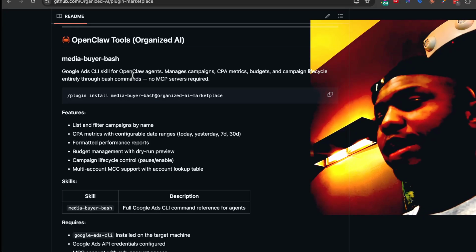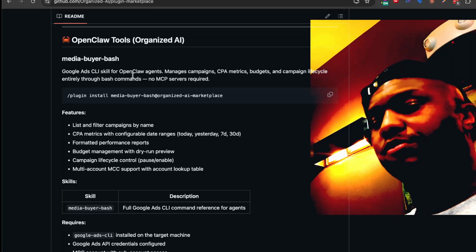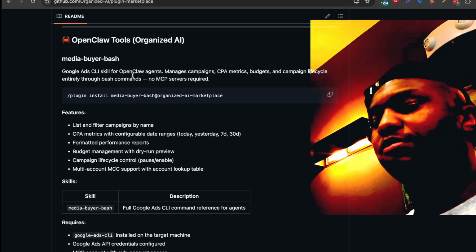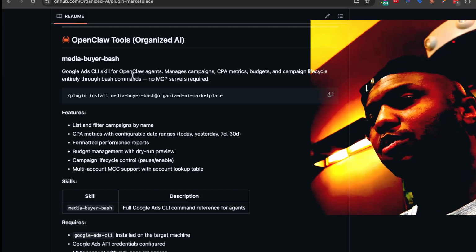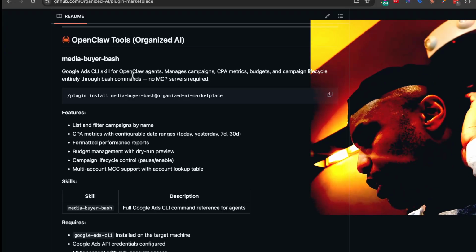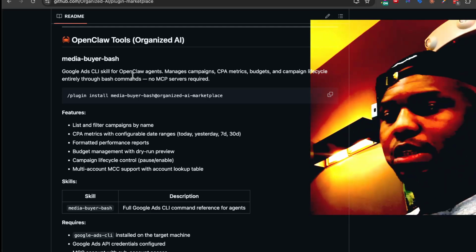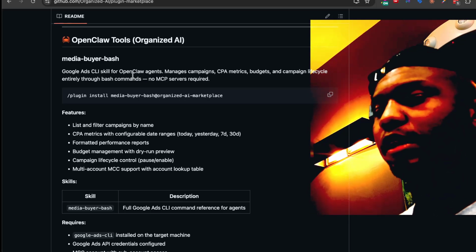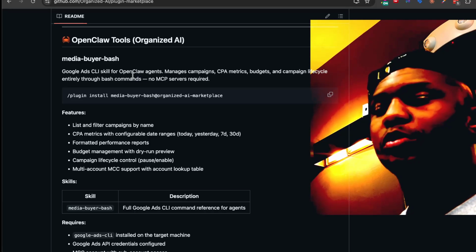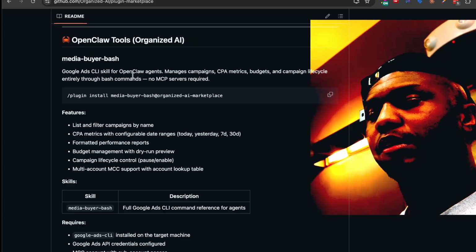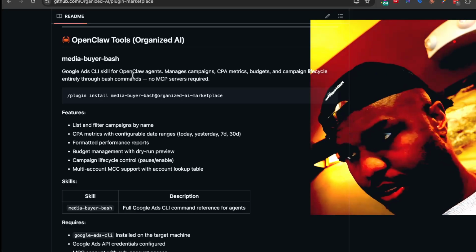MCP servers are problematic, man. They've always been. NPM packages, they're unreachable, they disconnect, they fail. I ran into that often while using Claude Desktop in my journey, so I knew that there was something to it. Then come to find out, NPM isn't the best way to do that, and it's problematic from the start. A lot of people were not on board with MCP from a delivery standpoint, but the concept made a lot of sense. And now it's like bash,